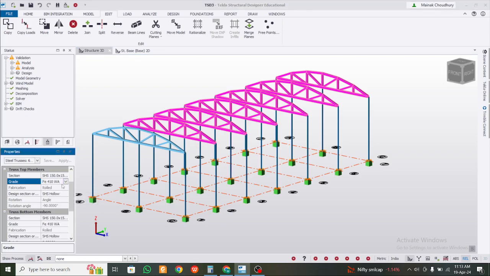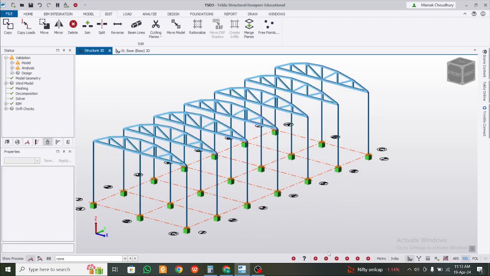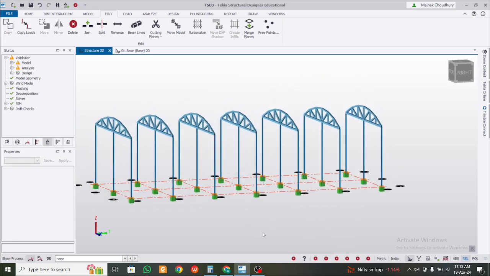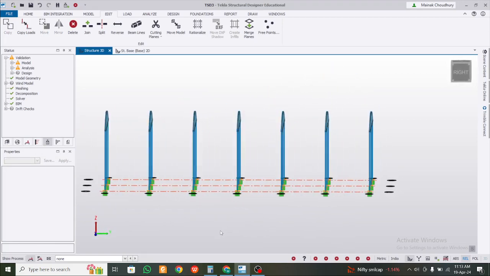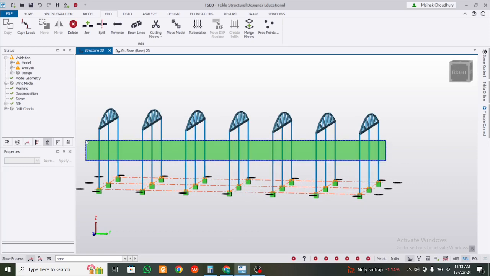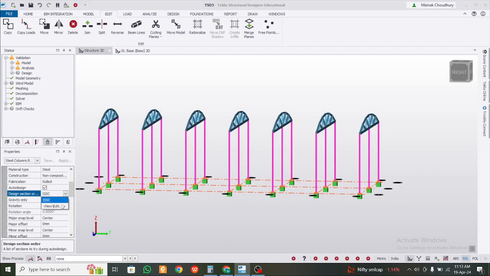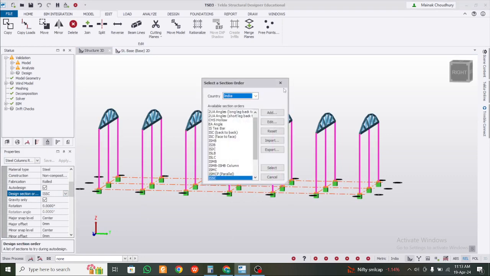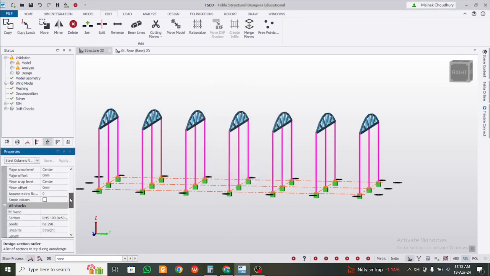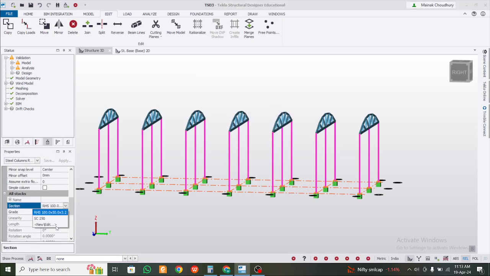And just change the grade, and I'll try to go with 125. If it passes, then it's good. If it doesn't, then we'll just change this. So again, I've selected 125 for the truss. Obviously we have to do something higher than this